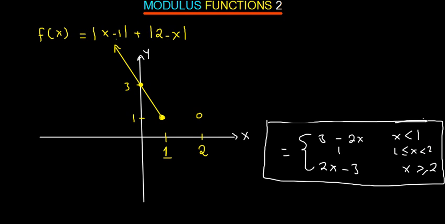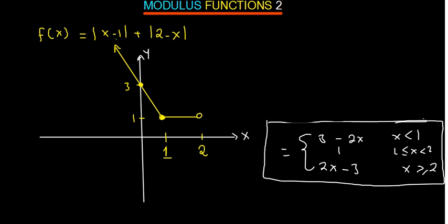In other words, every time when x is between 1 and 2, the only y value you are going to be seeing is 1. Meaning that the line that you are going to have is a line that is flat like this. As long as you are between 1 and 2, the only value you are going to find for y is 1. Okay, and then you go to the third equation. When x is greater than 2, the only equation you're using is 2x minus 3. Okay,